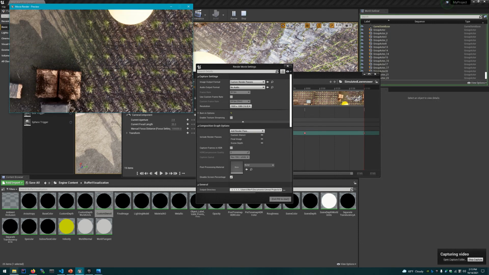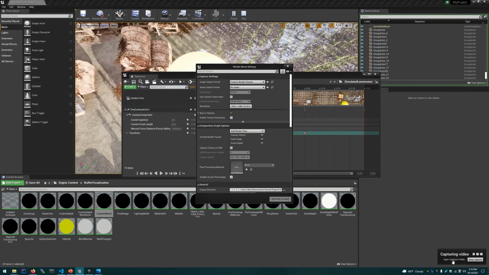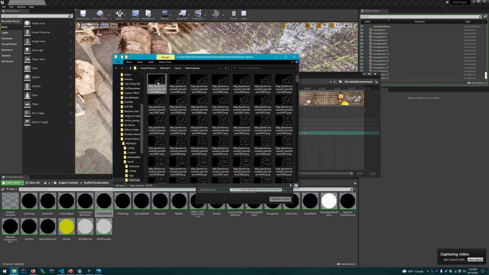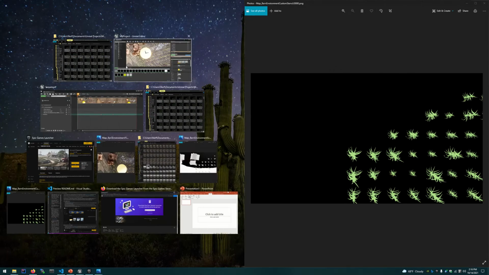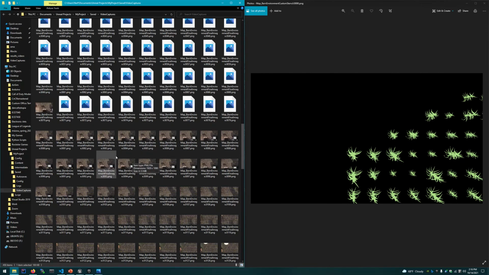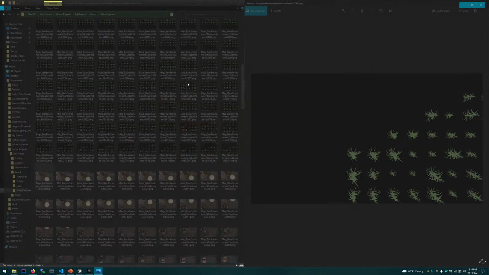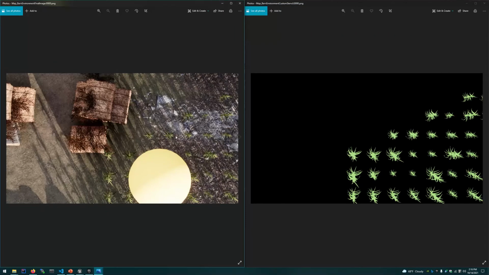Okay, so we can see the sphere there. Let's open up our capture folder, and you might notice that these don't look much different. These are correct. They have been overwritten. We have the ball here now, but we're still getting all of our stencils through it. Now, you may want this. If you do, you can leave it as is and just move on with your life. If you do want occlusion and only the valid pixels to be checked,